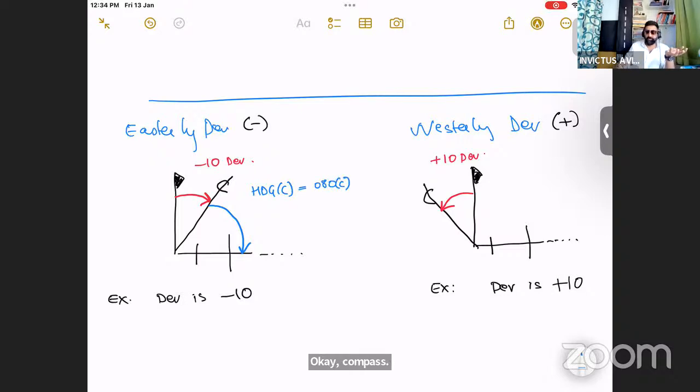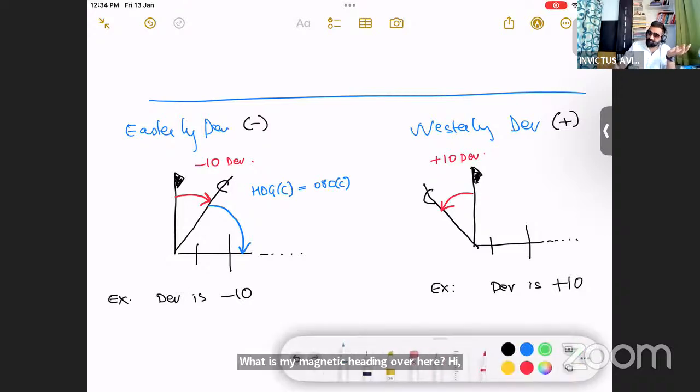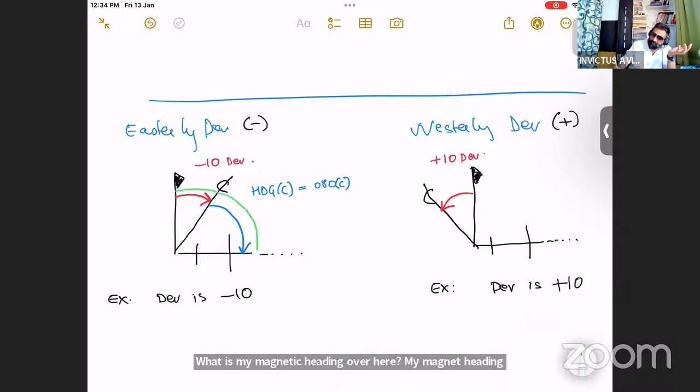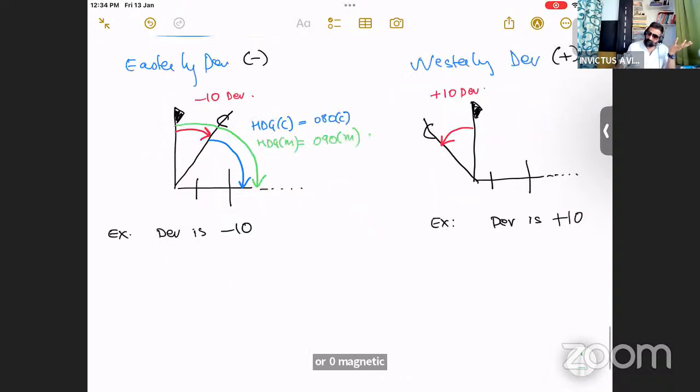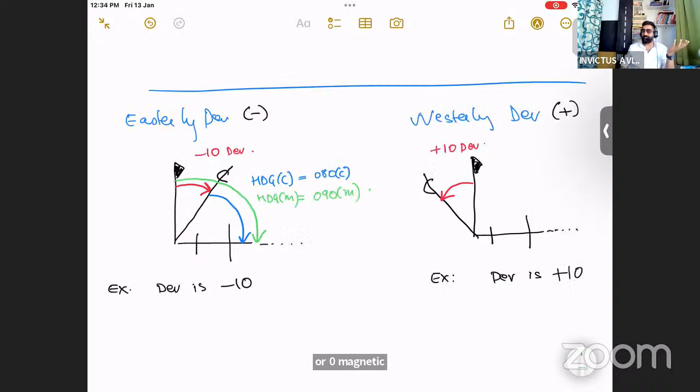What is my magnetic heading over here? My magnetic heading is from magnetic north to the aircraft longitudinal axis. So I see my heading magnetic is 090 magnetic. So the difference between magnetic and compass is 10 degrees. That is my deviation over here. With respect to the westerly deviation,